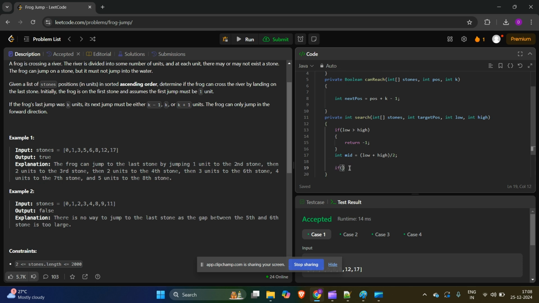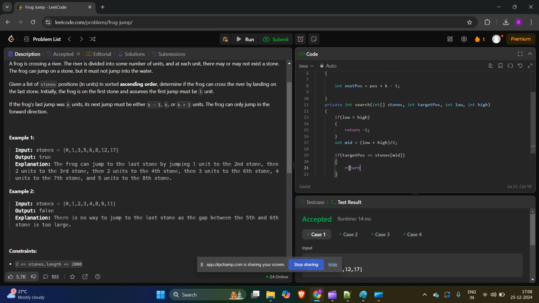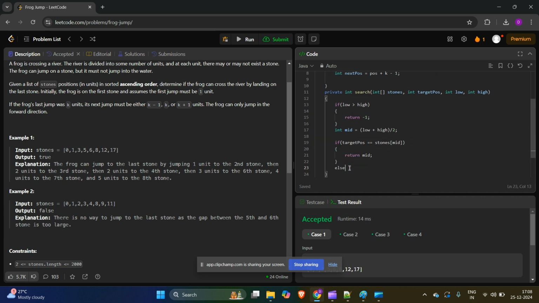Now our favorite part: if target pos equals stones of mid, then I will return mid. Else if target pos is greater than stones of mid,